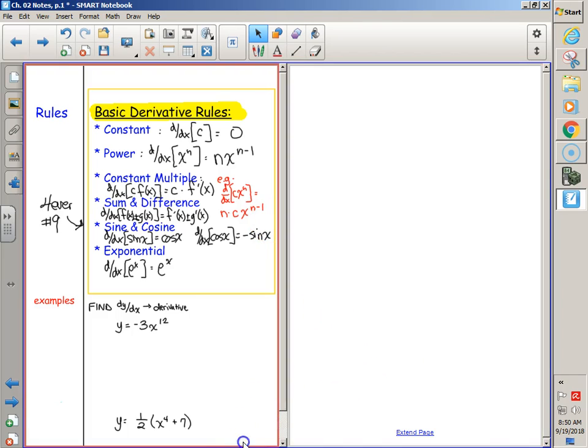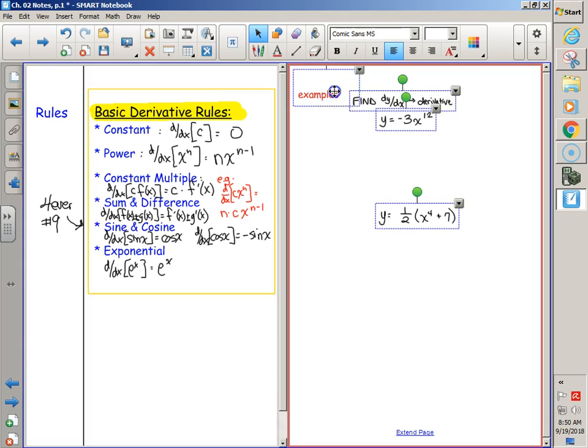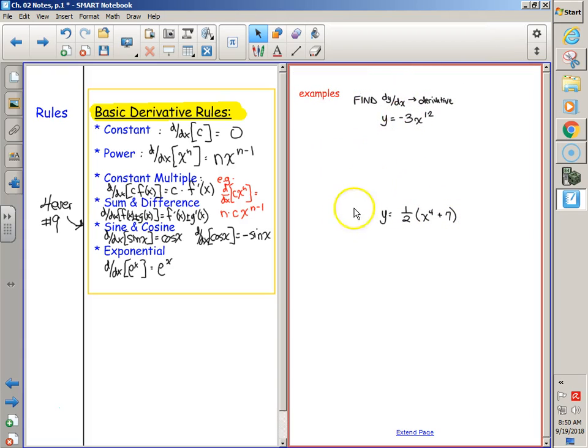So with that, if I was to take these examples that I wanted us to solve, just to give us a taste of this, and if I wanted us to find dy dx for these functions, can you guys read the functions? I know they're kind of small. We have y is equal to negative 3x to the 12th, and we have y is equal to 1/2 x to the 4th plus 7. What rules go into us solving letter A for dy dx? Power rule and